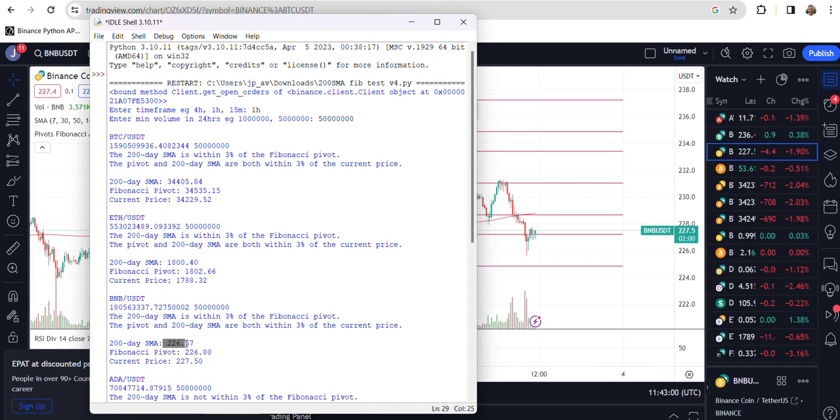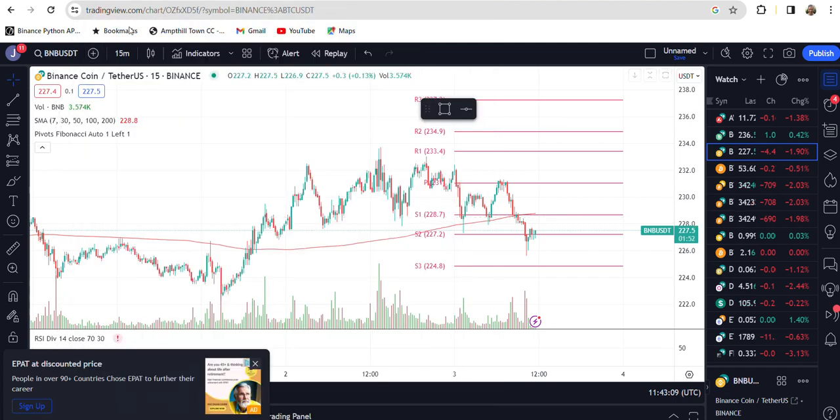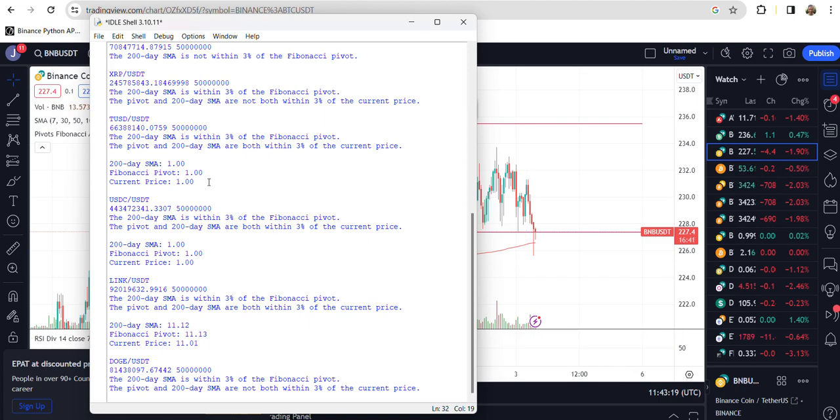So the 200-day SMA on the 1 hour chart is 226.57. Hang on, let me change to the 1 hour chart here. 226.57, yep, just there, we can see that's the 200-day SMA. Back to the shell.